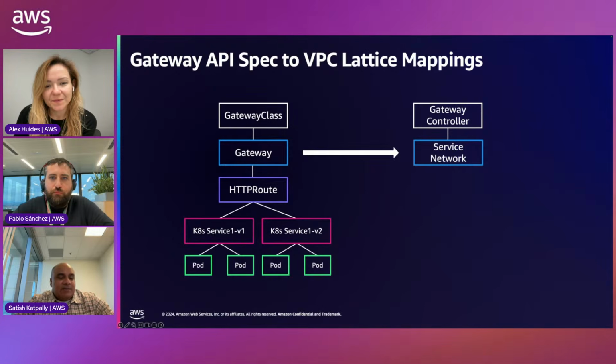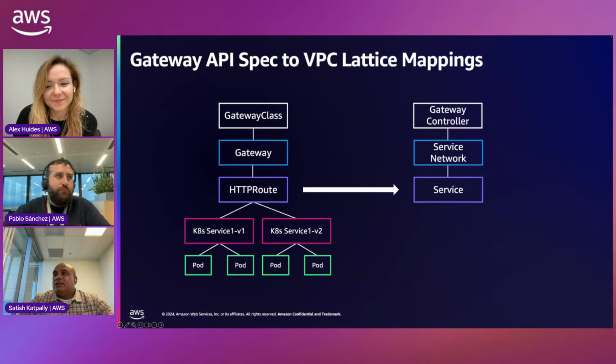So when you say service networks, a service network per environment is what we usually recommend. If it's test, prod, staging, then any VPC that's connected to it will have connectivity to this. And then you define your HTTP route and say, hey, point to this service network. Then Lattice acts as a load balancer for you directly. There's no other east-west load balancer needed. That's the difference between Lattice and normal ALB-based deployments.